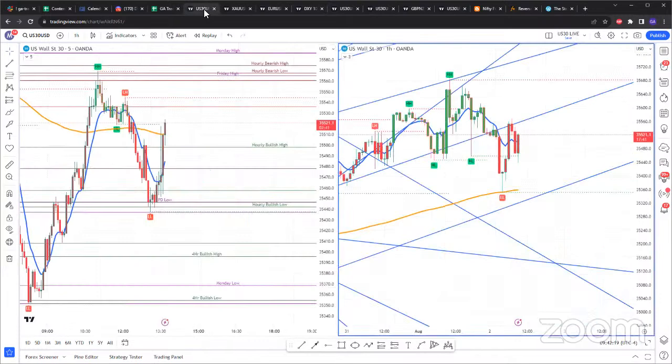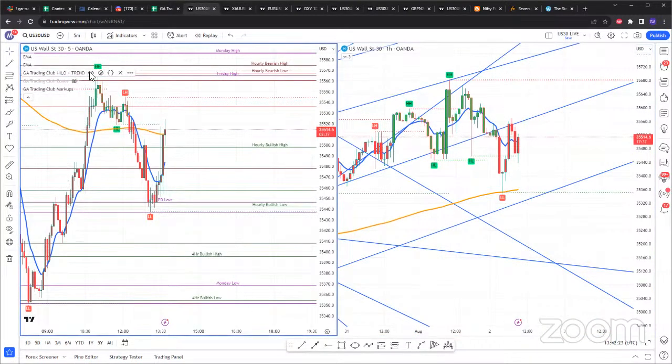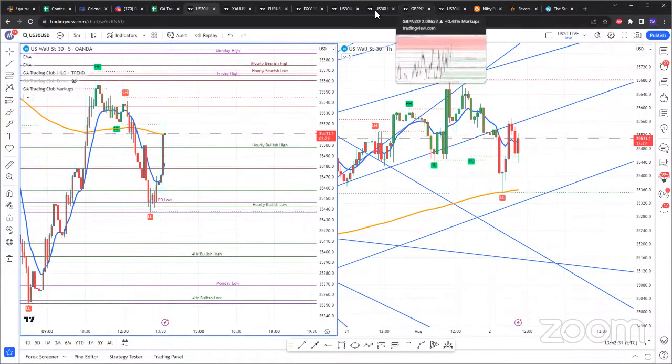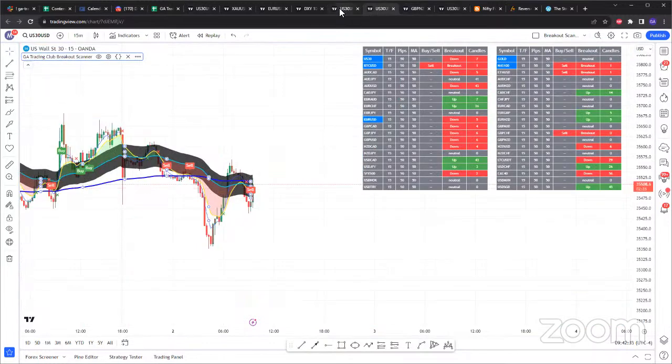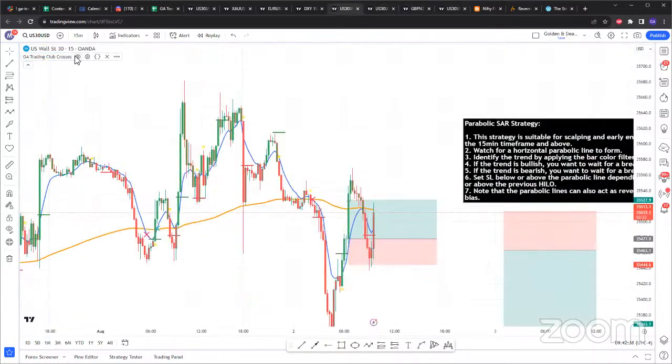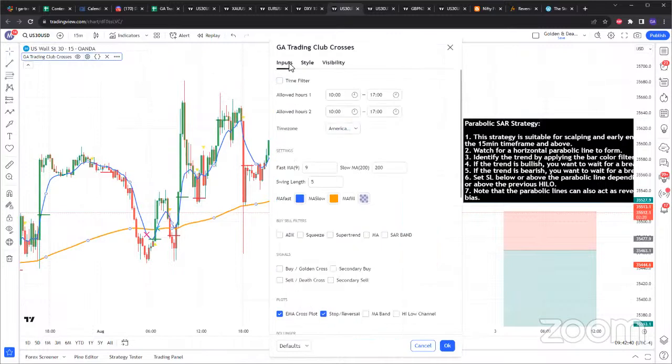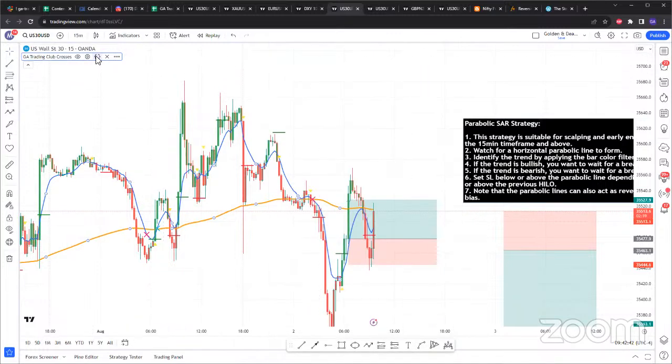So all indicators now have a time filter. If I go, for example, to the high-low plus trend filter, let me use this indicator as an example. So the crosses indicator. Once you apply these indicators,